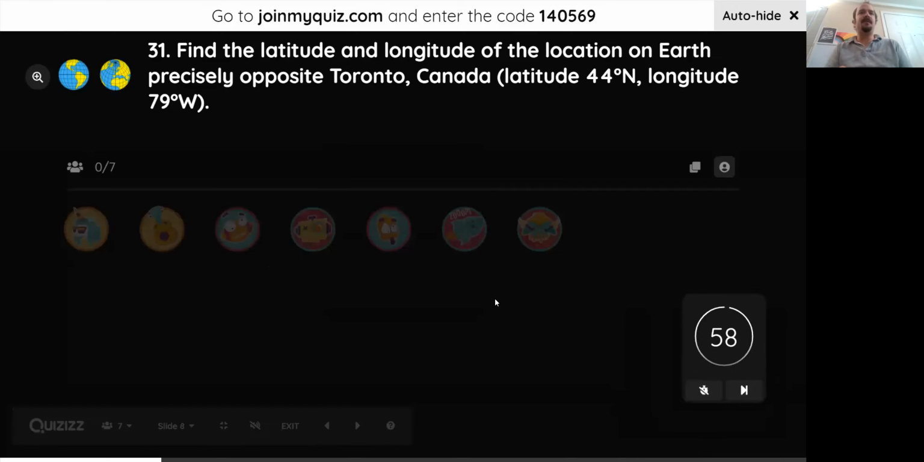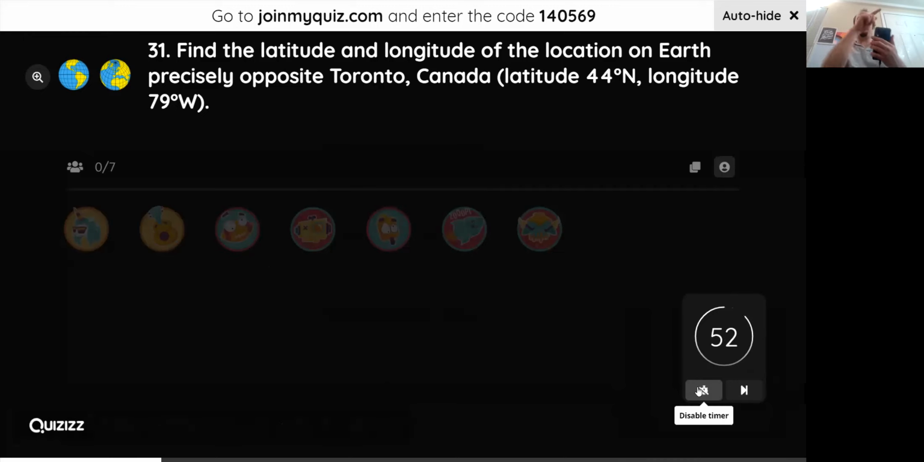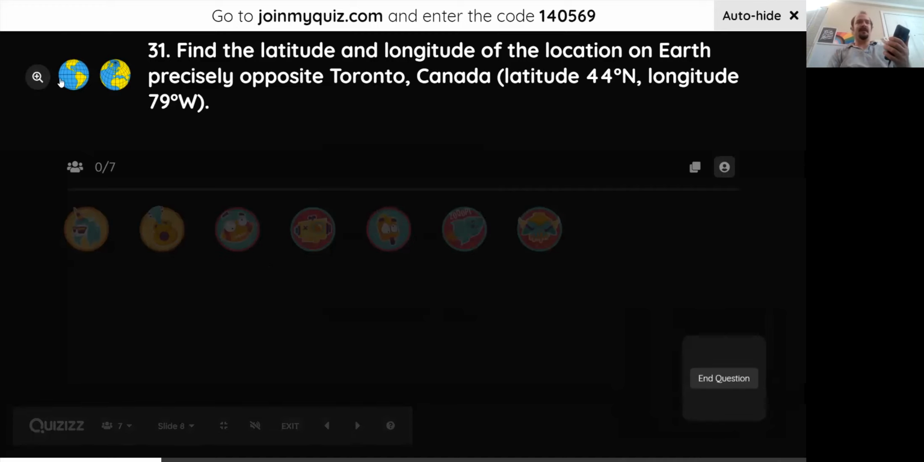All right, and this one, now we're doing latitude and longitude. They want us to do the antipodal point, like you're going across, drilling through the center of the Earth. So if we're looking at this, doing latitude,